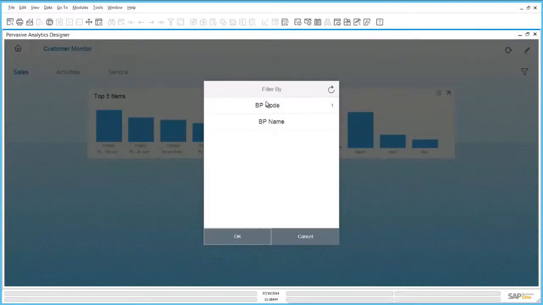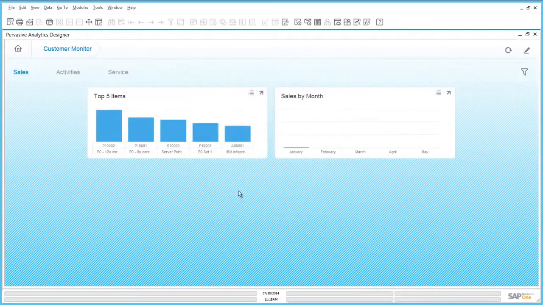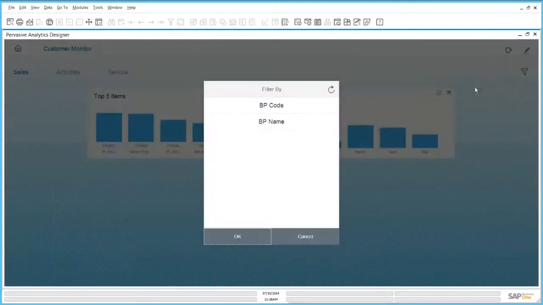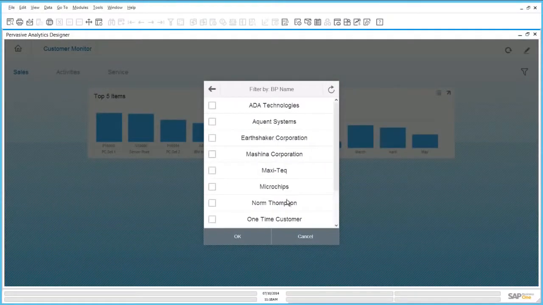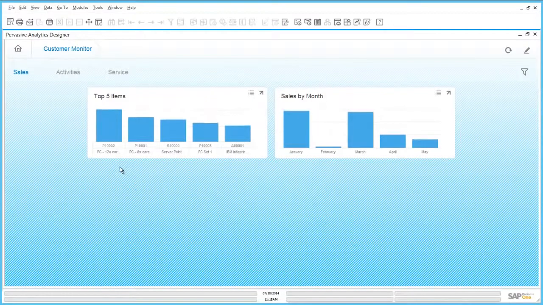You can see that one filter is already applied, and this is Parameter Technology. So we can also uncheck this, and you can see the data is changing immediately. All right, so that's the customer monitor I've created.